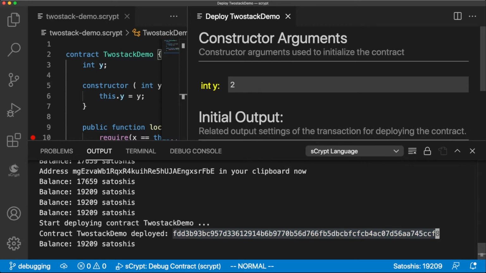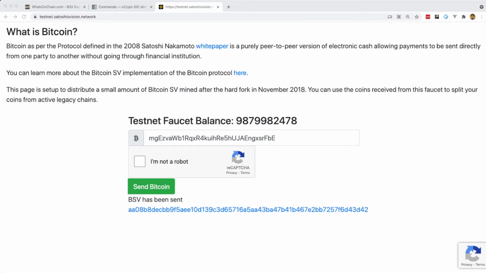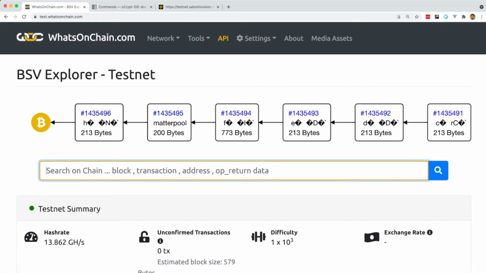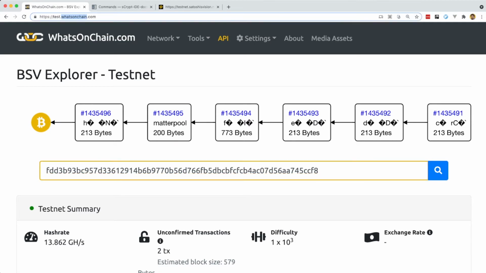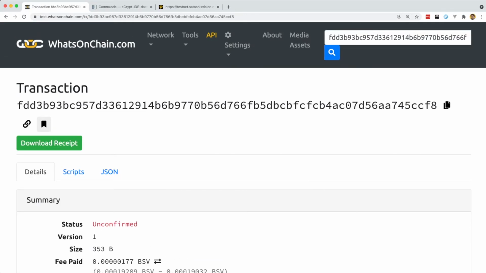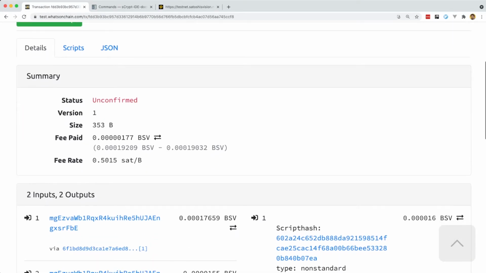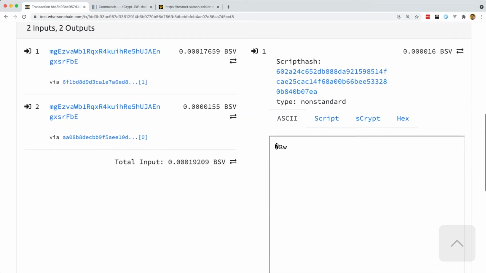I've deployed the contract onto the testnet, and now I can go back to the browser, and in the browser I can go to my block explorer, paste this in the block explorer. Remember to change to the testnet for the block explorer, so you don't try to find it on the mainnet. And here we have one unconfirmed transaction, right? And the unconfirmed transaction, I can now go and look at this transaction to see basically what is this output, the first output that it's created. I'm looking at that now, and here I can see, right, it's the same output over here as what I had